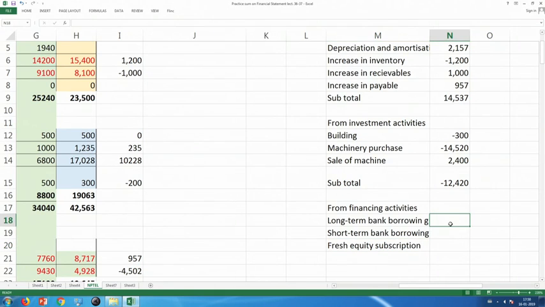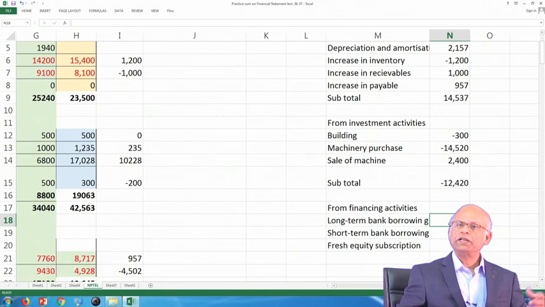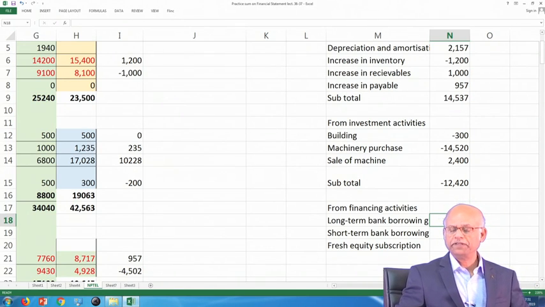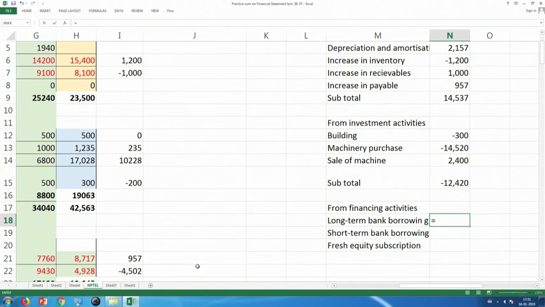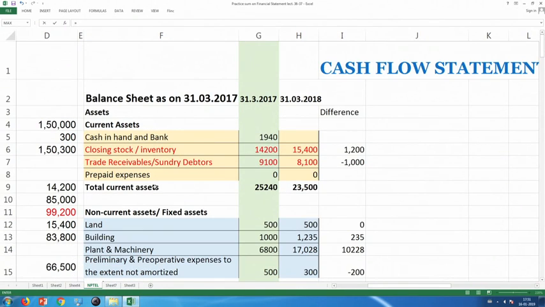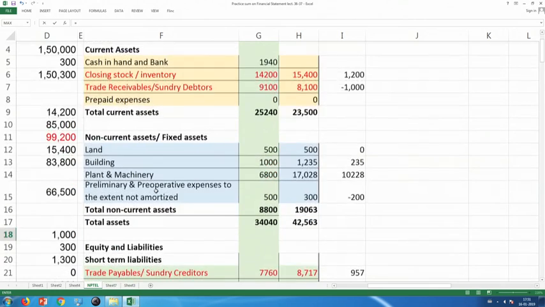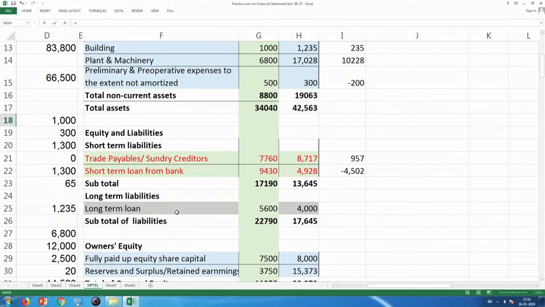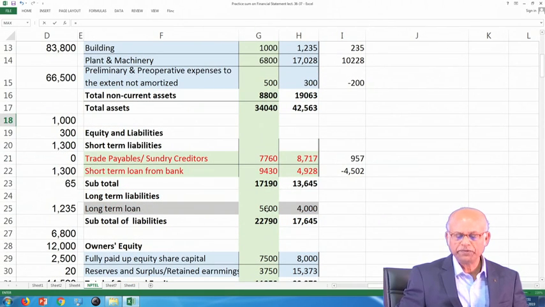Long term bank borrowing comes from the previous year account and whatever repayment you make. You should not take it from the bank, because there might be some interest that is yet to be paid. So, this information should definitely come from your ledger, whatever was the balance in the previous year, and if you have made any repayment towards principal amount, that is to be deducted from there, and the balance should come here. So, let us pick up the previous year's data from the balance sheet. It should come on the liability side. Long term loan was 5,600